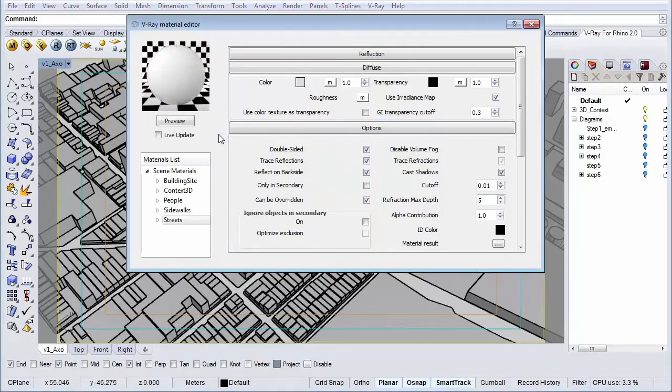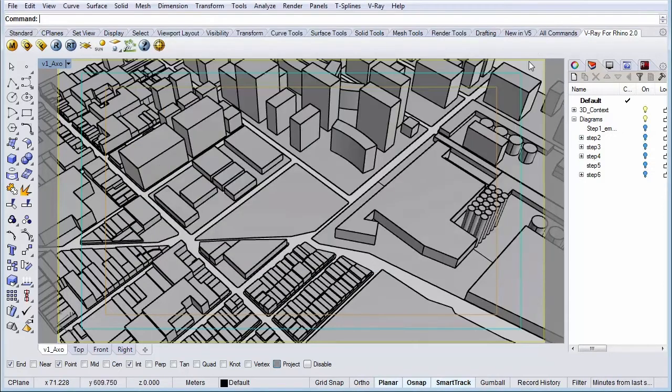Okay, great. So that was that. So now we can close the material editor because we have created all our materials. The only thing missing is we need to set the materials to our objects. And there's 3 ways to go about this. Let me explain them briefly, all 3.